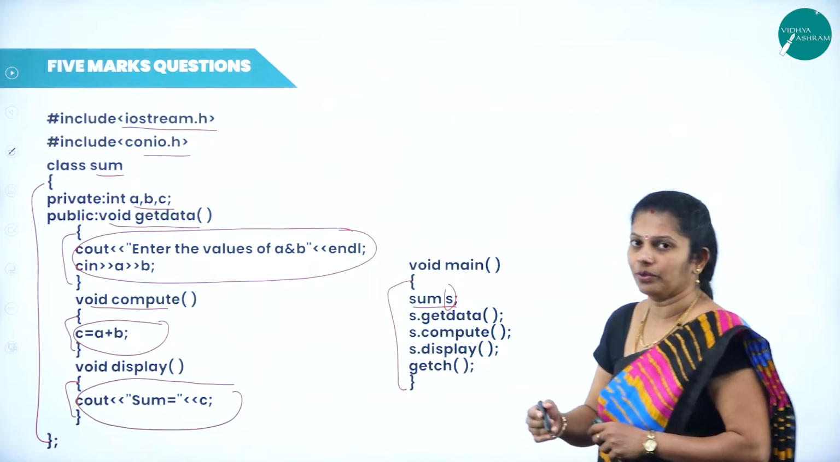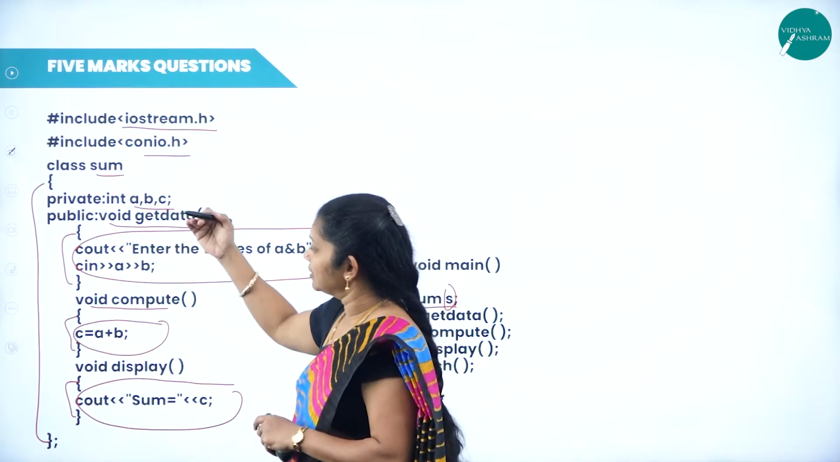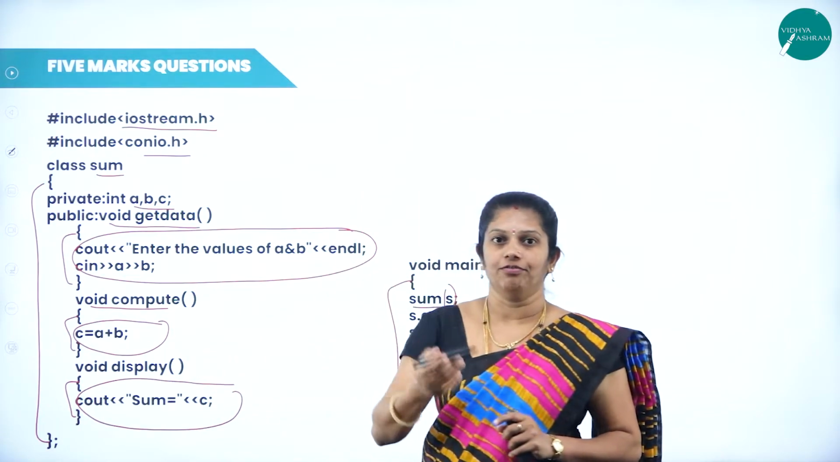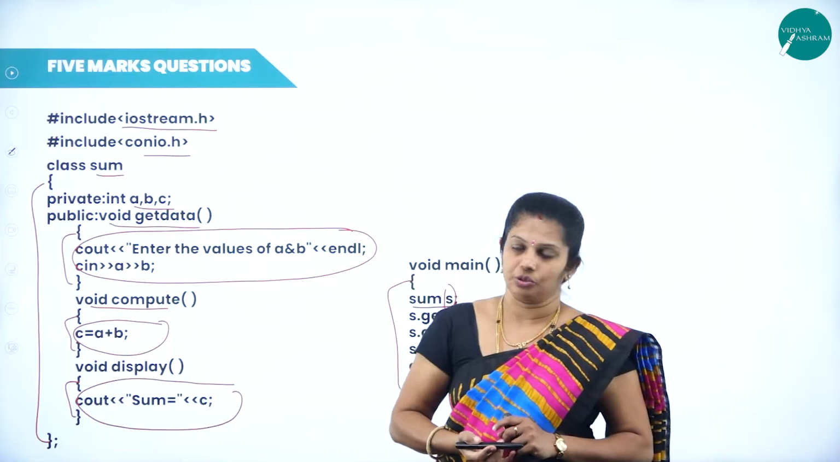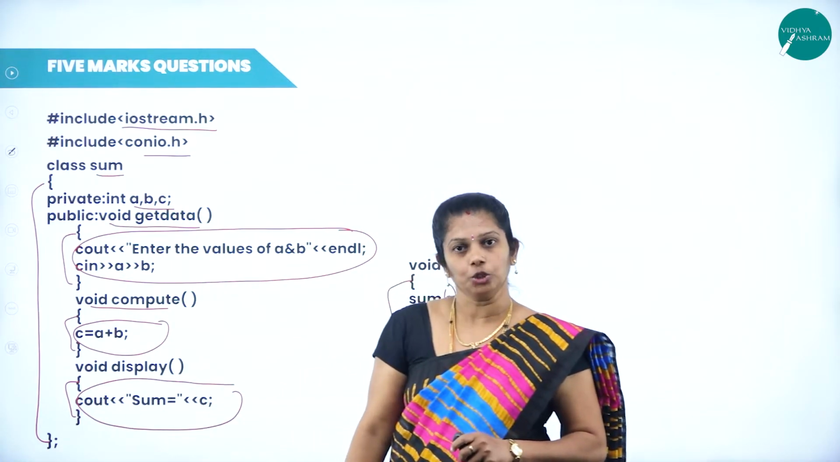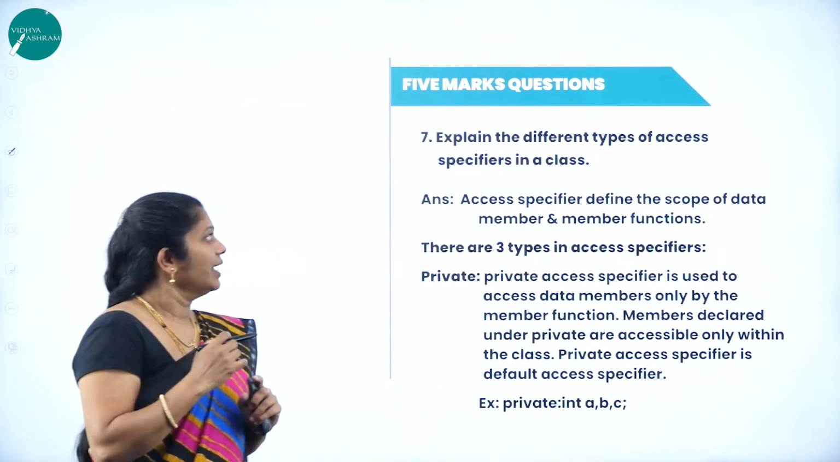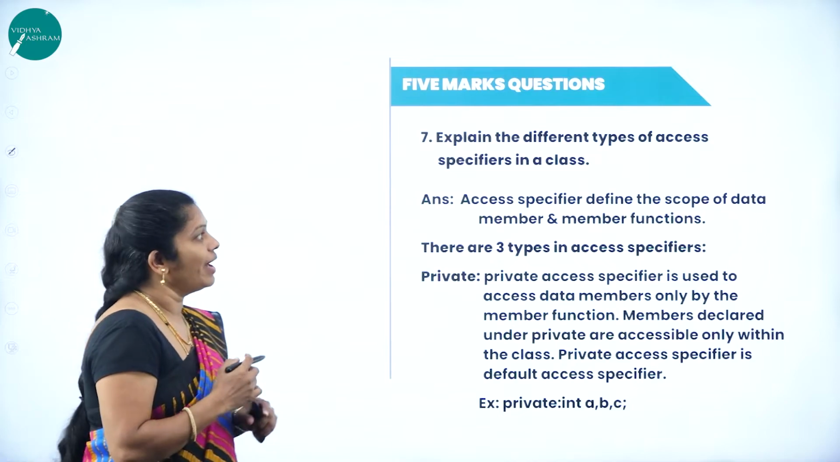This is a simple program to explain class definition and declaration. And the same example program you can write for inside class definition also, because here we have written all the statements inside the class only. Now is it clear? Next, we will move on to the next question, that is, explain different types of access